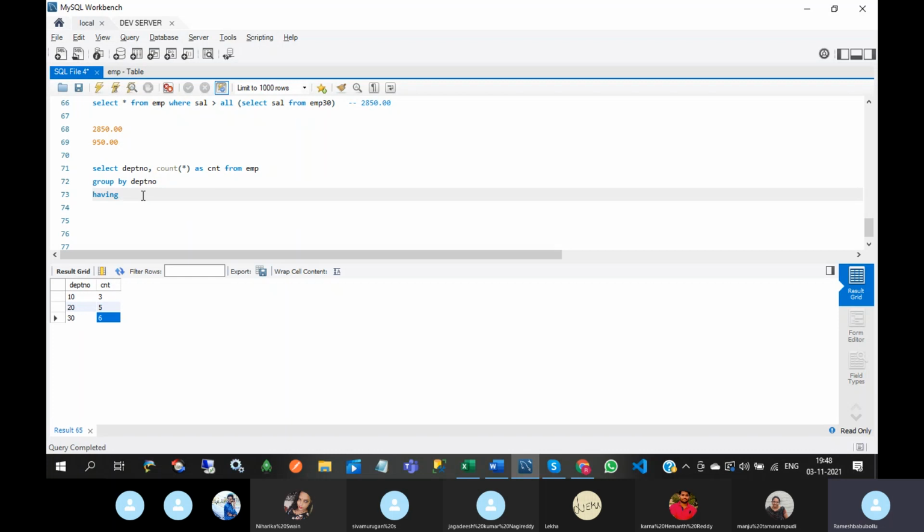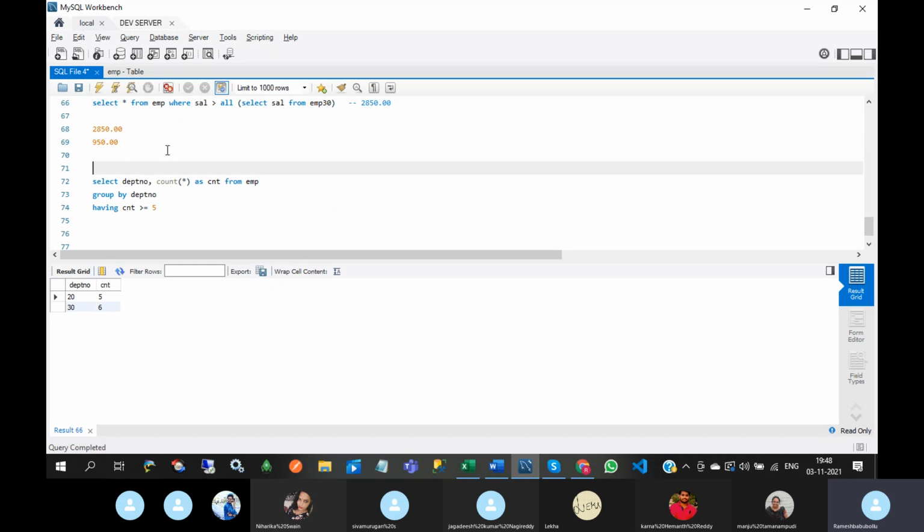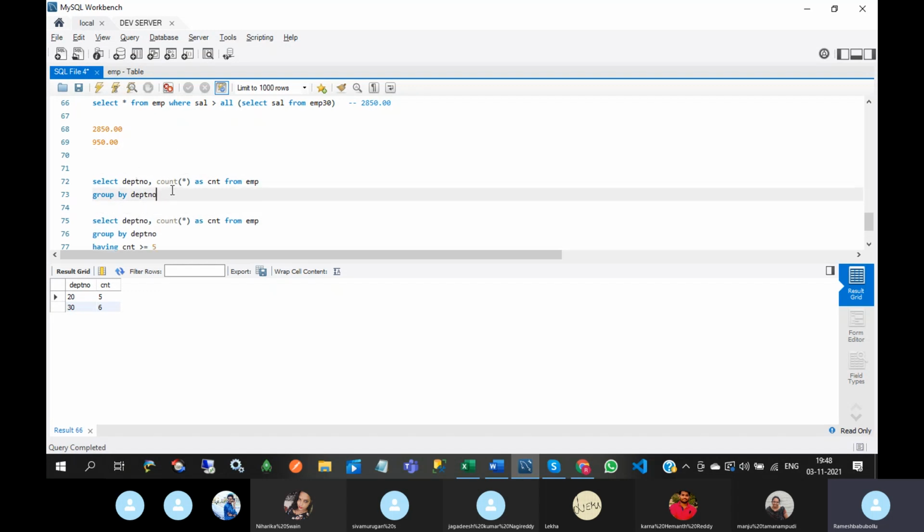Having count greater than or equal to 5. See this. Okay, so if you write like this, then you will get the matching departments.